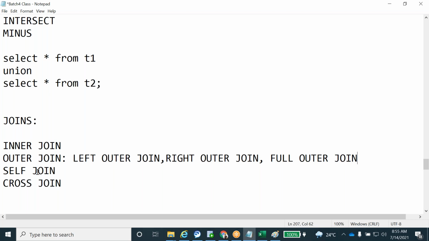They will ask which joins you frequently use in real time. You have to tell them that you use the inner join as well as the left outer join, frequently, about 90%. The remaining 10% we use for the right outer join, full outer join, and self join in real time. But you have to practice all of these, guys.